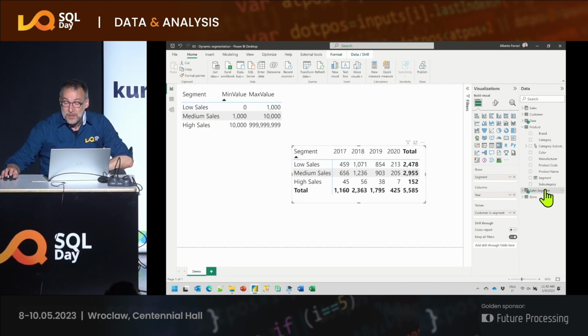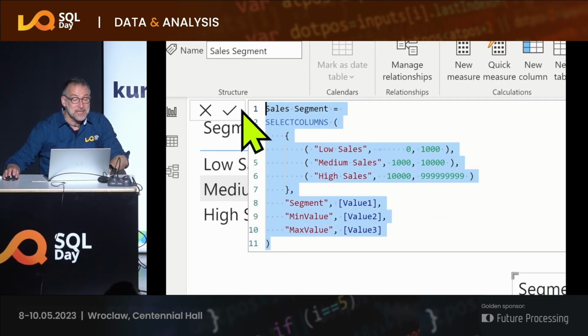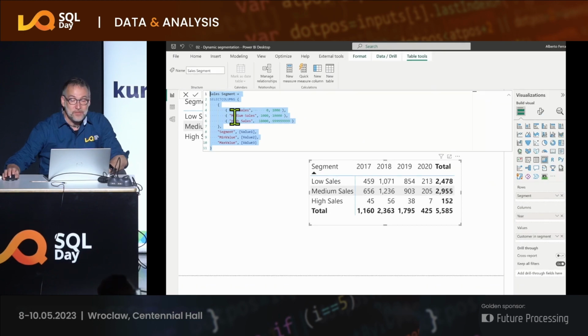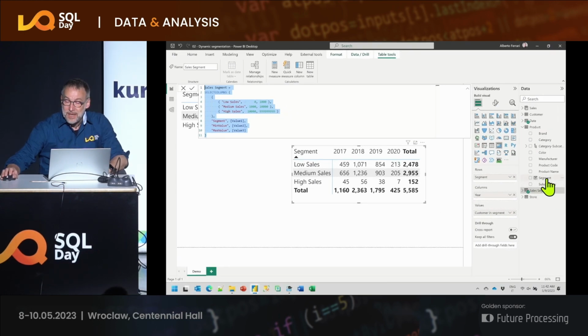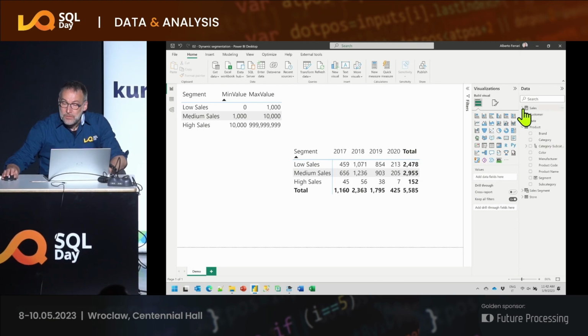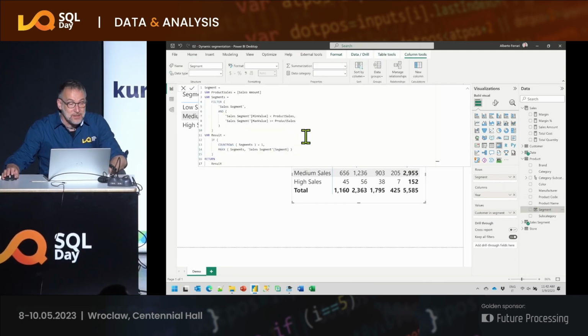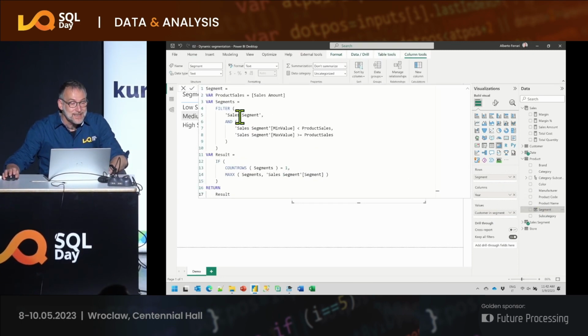What I need to do is build my segmentation table, that as you might guess is still a calculated table as it was before. And then I have the measure. How is this measure? Segment. I call the measure segment. That is not very smart, but